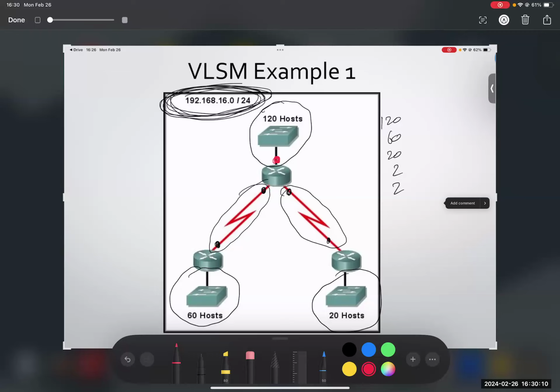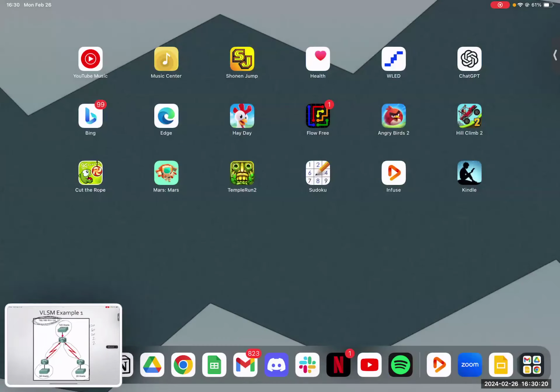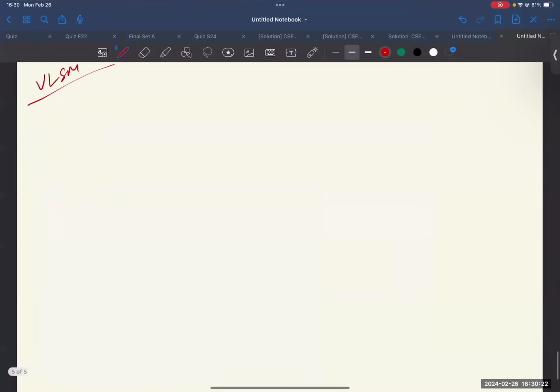All right. So any questions so far? Okay, if not, let's go back to our thing. So in VLSM, I had this host requirement, which is 120, 60, 20, and 2, 2. Right. So what I have to do with this, I have to figure out how this metadata of this host,